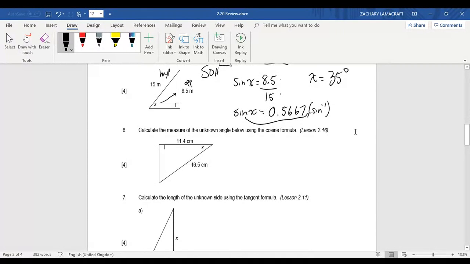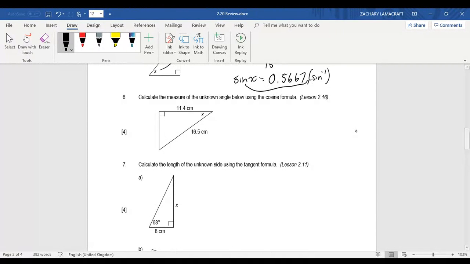Now, once again, it asks us to calculate an unknown angle using the cosine. So CAH, or adjacent over hypotenuse. We know we have the hypotenuse. We know we have the adjacent. In this case, we're dealing with X, and it would be cos X is equal to the adjacent, so 11.4 over the hypotenuse, which is 16.5. Once we do 11.4 divided by 16.5,